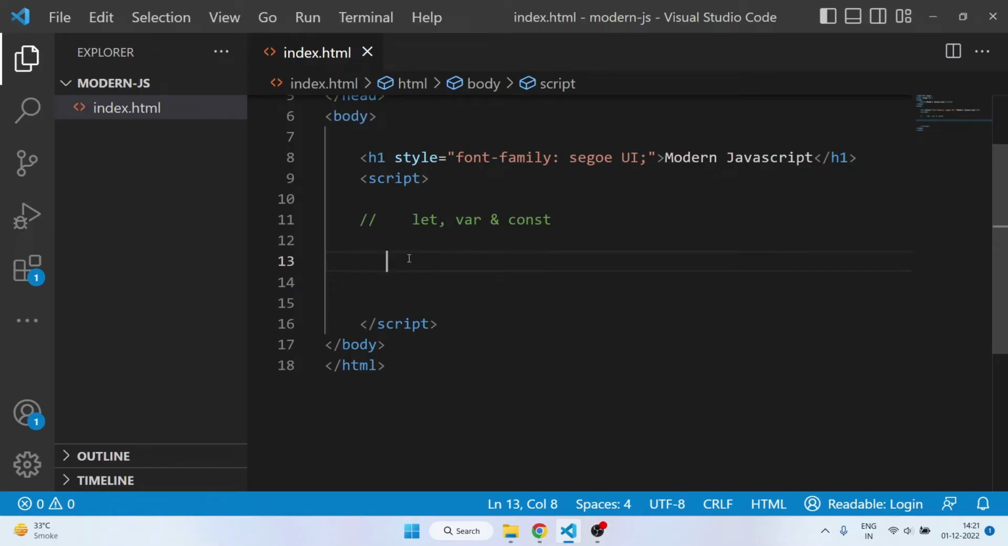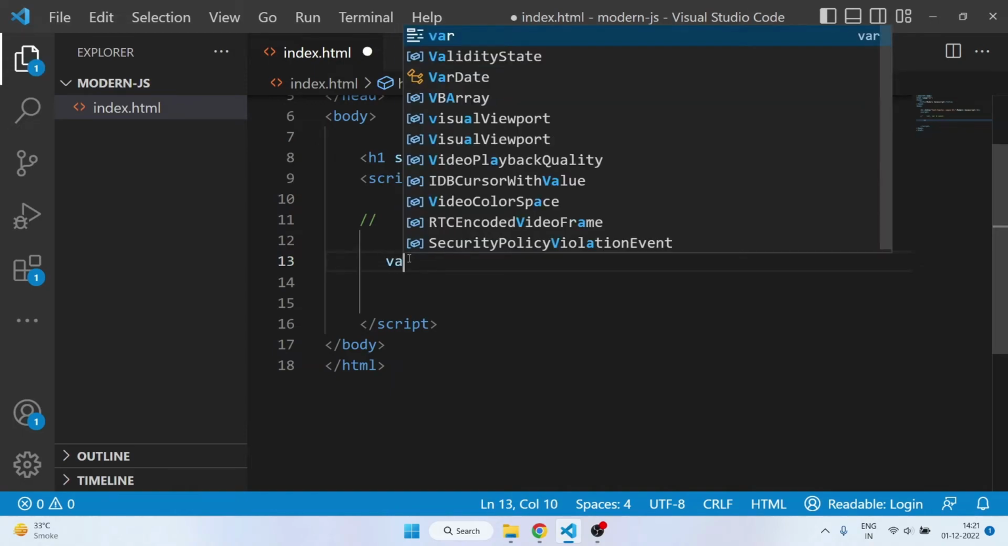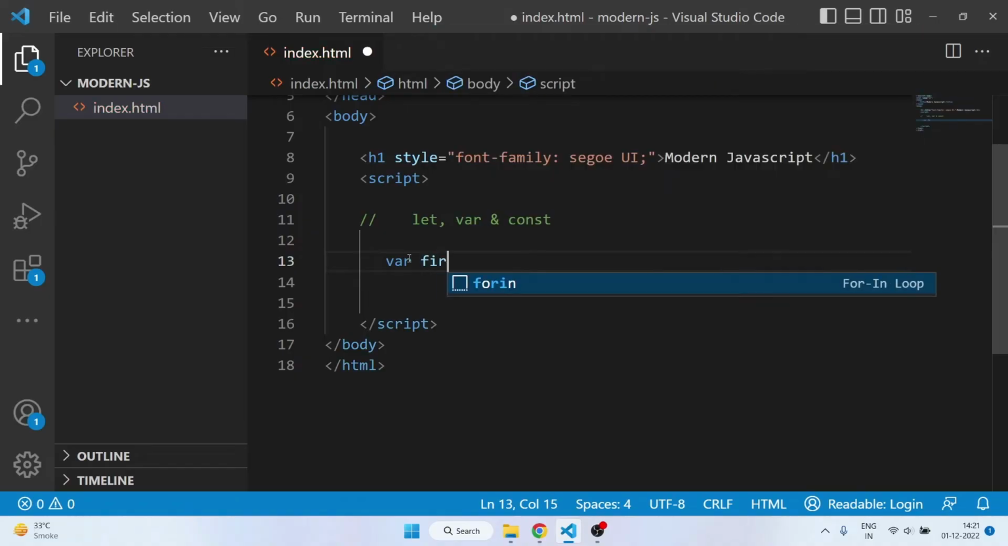Okay, then let's try to understand let, var, and const. Now we all know that var is simply used to create variables in JavaScript, and the way we create is using the var keyword, and then I can create any variable with any name. So I can simply say